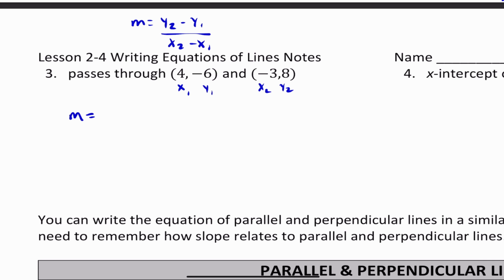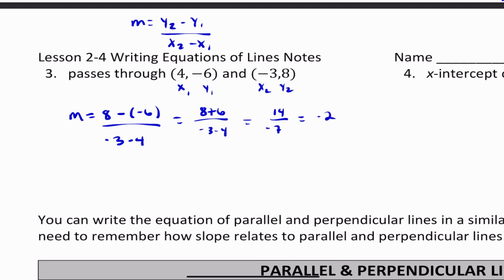So m equals 8 minus negative 6 over negative 3 minus 4. That negative times a negative is a positive, so that's going to be 8 plus 6 over negative 3 minus 4. So then that's 14 over negative 7, hence negative 2, okay? And then this is what I need to do. I have my slope, and I have these 2 points. But still, I have a slope and a point, right? So that means I can use